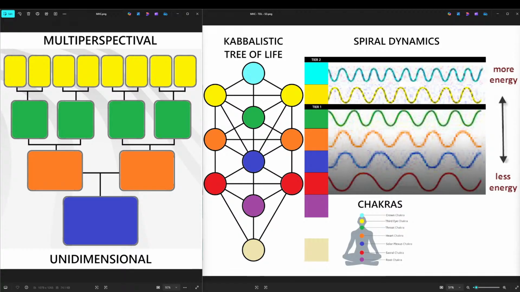You could use this as a map to identify where you're at, and then where you're going, obviously, which would hopefully be progressing up through the levels. And then you could look into these various systems to familiarize yourself with them. Again, coming back to this idea of yellow,